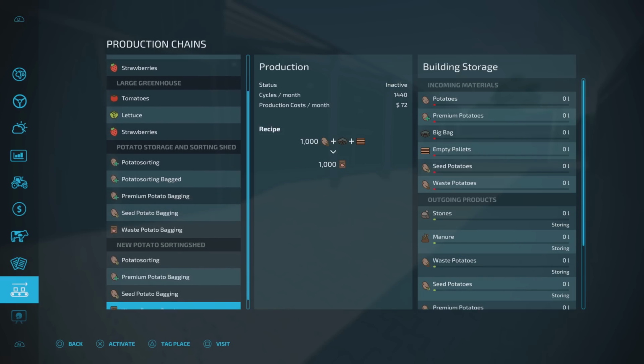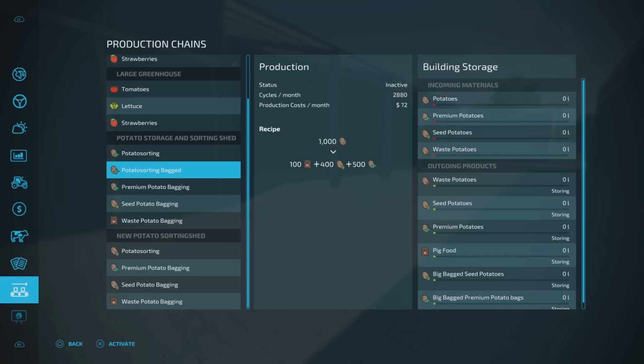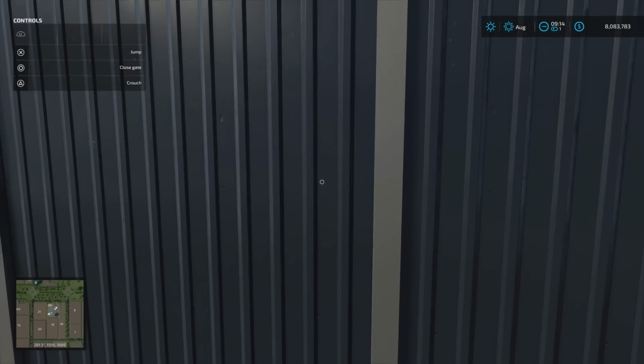And then you've got the new potato sorting shed, but the old one just does the sorting. The new one requires bags and requires pallets, which are available as part of the mod. You can get them in the resources, and this will separate out as well when it does the sorting. Is it this one? Yeah, we get stones as well and all sorts come out of it. So yeah, this one here,